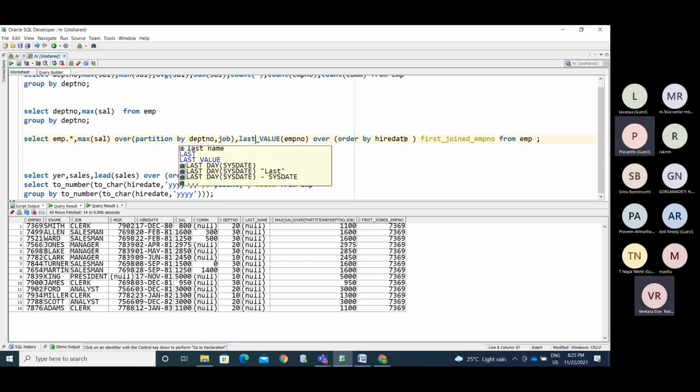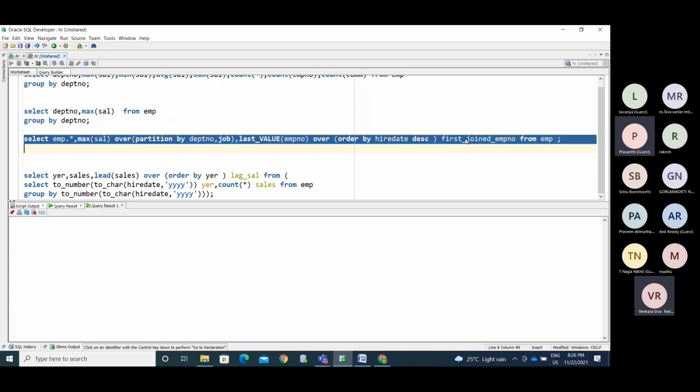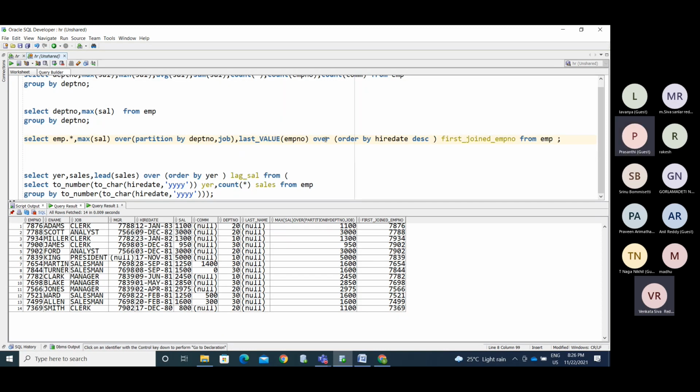Who joined last? With last value you are not getting the correct results here. I haven't changed the name here. So for last value I need to use it, but you are not getting the correct result. Better we go with first value. 7876, who is that?